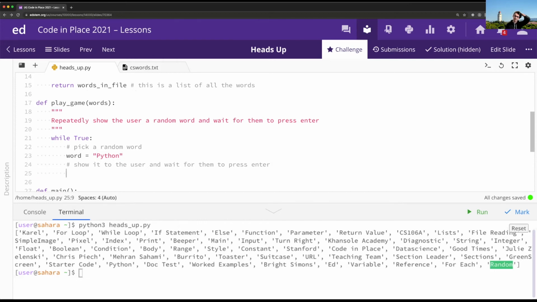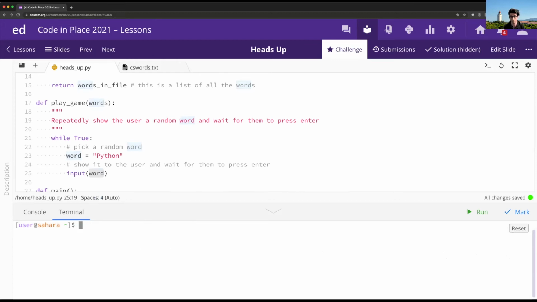So here's something kind of subtle. All we want is to show the user a word or a piece of text and have them press enter. And it turns out we have a function that can do that for us. We've got the input function into which we can pass word. Remember, what the input function does is show the user some text, maybe wait for them to type something and press enter. But we don't need to do any of that. We just need them to press enter, which the input function will do.